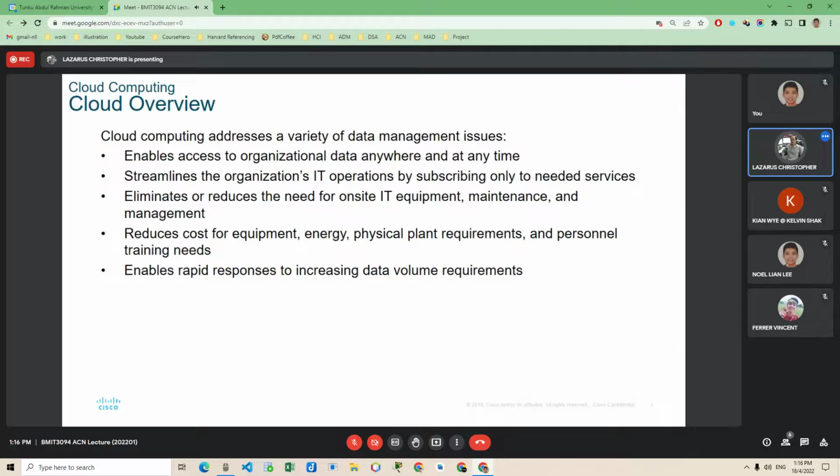Is because, first of all, because it's on the cloud, the organizational data does not need to be restricted to a certain location. As long as you have access to the internet, you can have access to the cloud that stores all your company data, information, and so on, right? And in terms of budget,